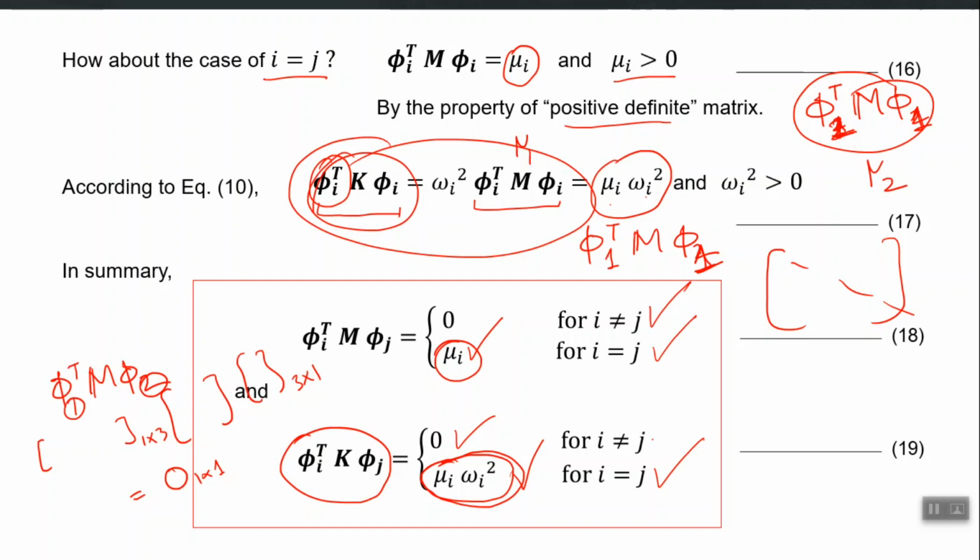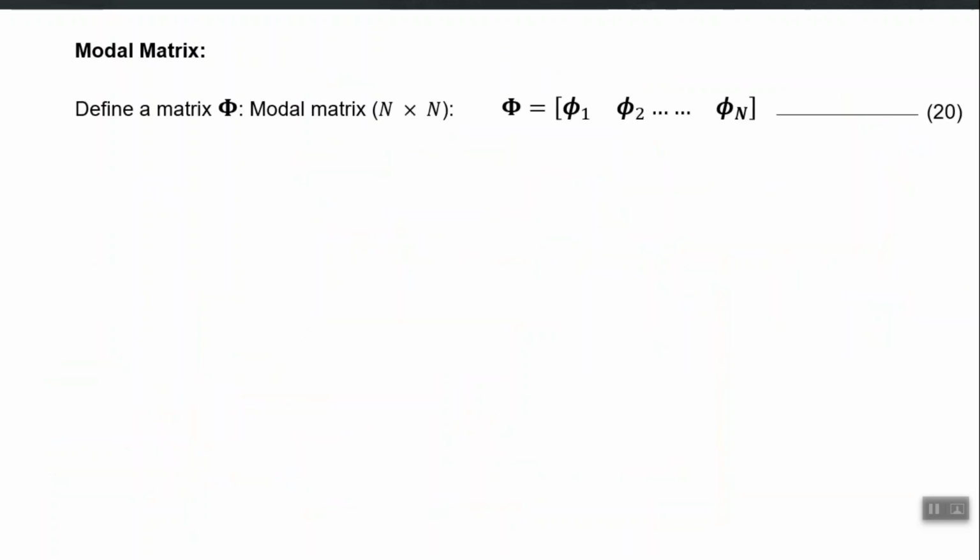Why are we studying this special property of mode shapes? Because we will make use of this property in the forced vibration response. The mode superposition method, which we are going to start today, will make use of the orthogonality property of mode shapes. Actually, that method is possible only because we have mode shapes with this property, right. So that method is based on this specific property of mode shapes.